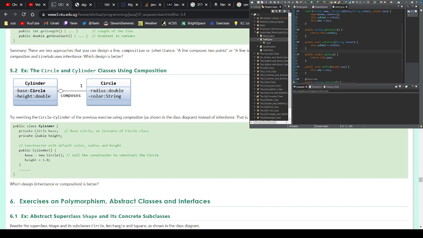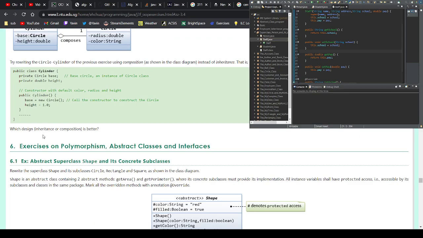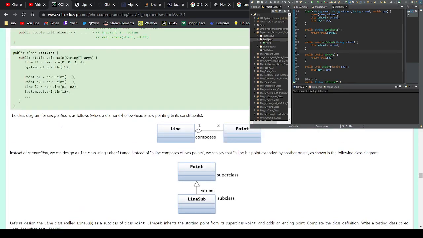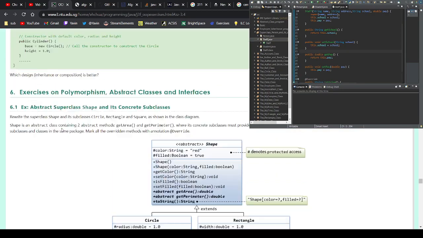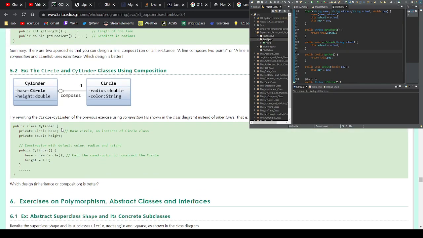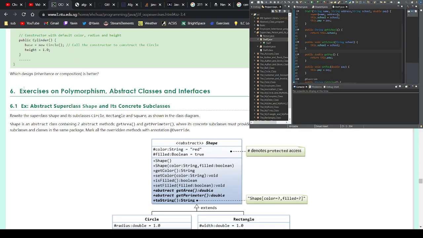Okay, we already know how to do that. That's fine. We can already skip through this. There were only two exercises in exercise category 5. So now we're going to look at